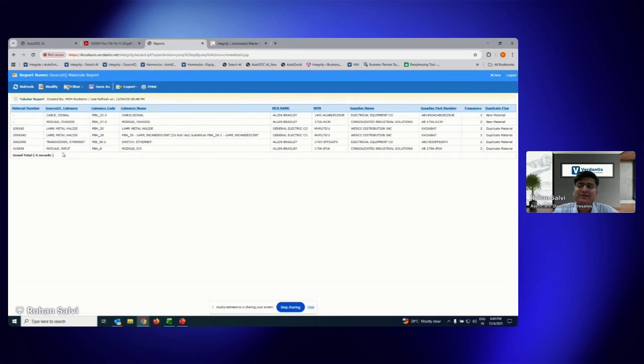Now, in this case, this particular item, or even the next item where it is calling it out as an input module, these can be updated through Integrity bulk management to ensure that the platform is able to improve the quality of existing data based on the analysis that it performs by leveraging the manufacturer name and part number. And of course, the categories which are assigned over here are as per the customer's taxonomy. So the AutoDoc AI agent and Source IQ can be configured with client taxonomies to ensure that all the results align well with your existing standards. Now let me close this and move to the next step.